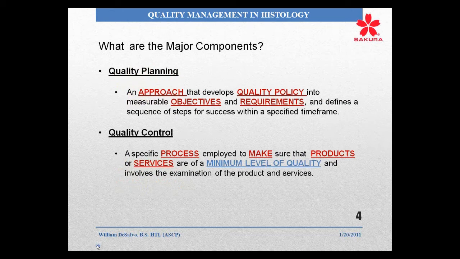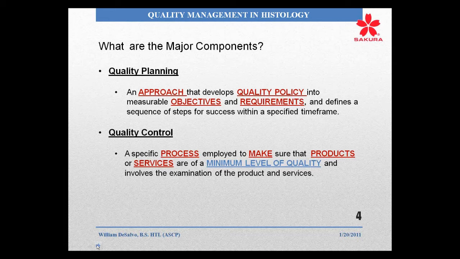So of those major components, when we go back and start talking about quality planning, it's an approach. And that's really important because that's what you have to do as an individual. You have to have an approach that develops quality policy into measurable objectives and requirements. If you don't set up standards and you don't use standardization, how can you really be objective? You know, I think this slide looks okay, or does this slide meet a very rigid and stringent set of criteria? And when you develop that quality policy, it will define the sequence of steps for success within a specified time frame. So it is really important that you think through this part of the process before you move to the next,